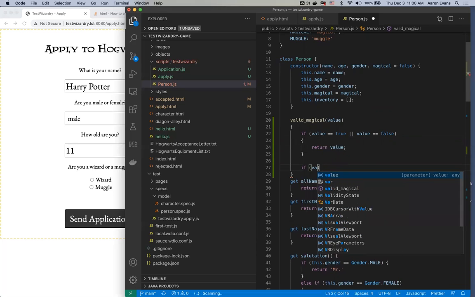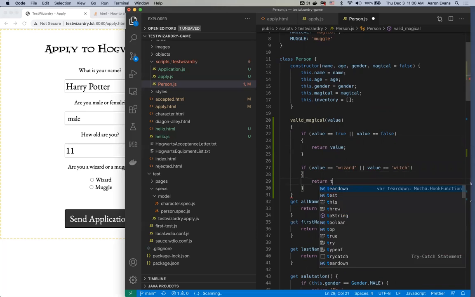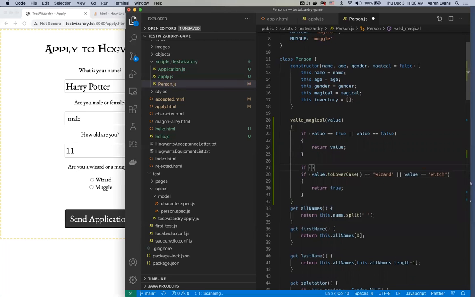If value equals wizard or value equals witch, we're going to return true. If value,